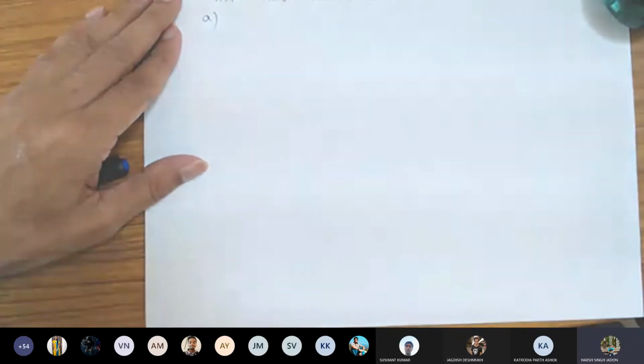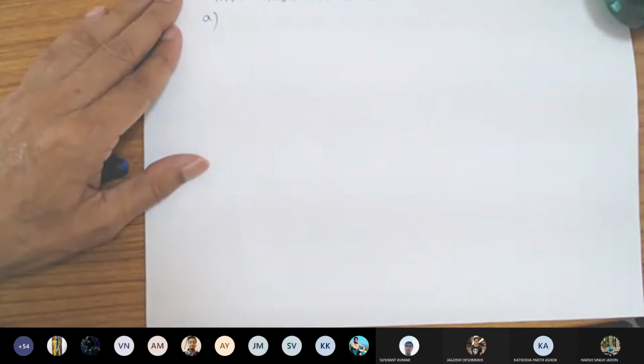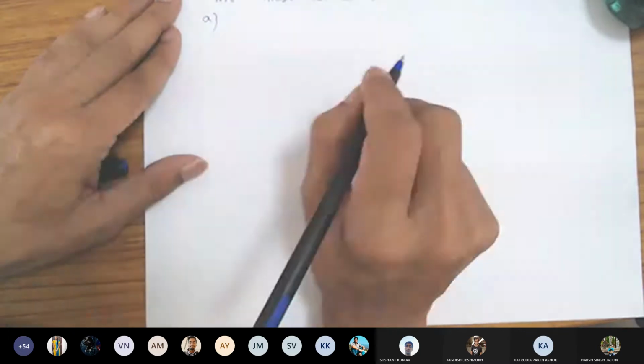Control. Control means what? You are talking about sequence control, jump and other things. So let us formalize these things.